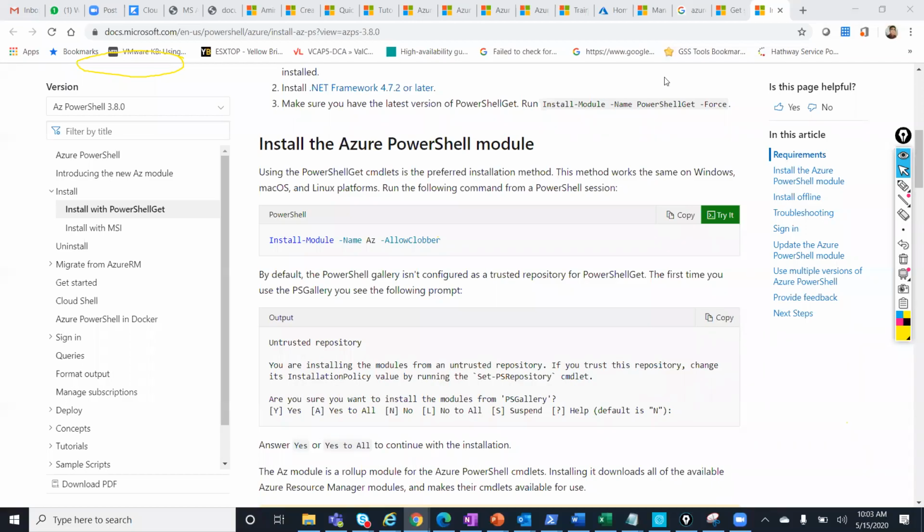So this is the failed event. Where can I check that? I can go to the activity log. So I can see the delete virtual machine. Here it is failing. Why is it failing? Because of the lock on that particular resource group. So I can check on this and see if this is because of the lock. I'll go ahead and remove that particular lock, and then I'll delete the resource group or the resource, right? So that is how it works. That is the use of activity logs.